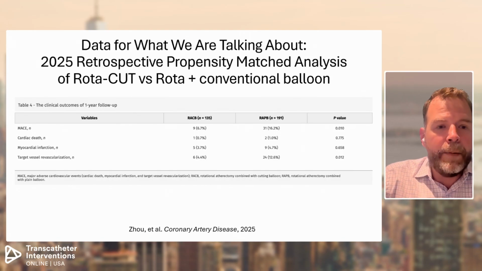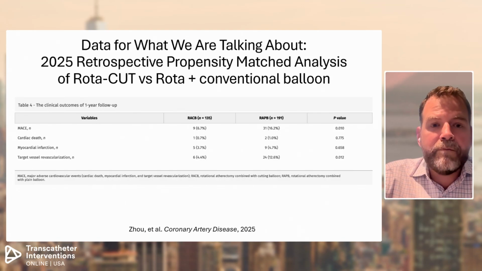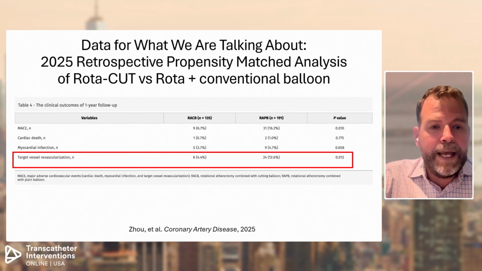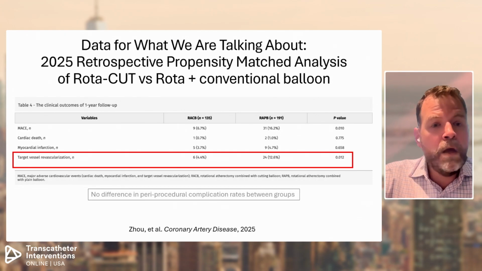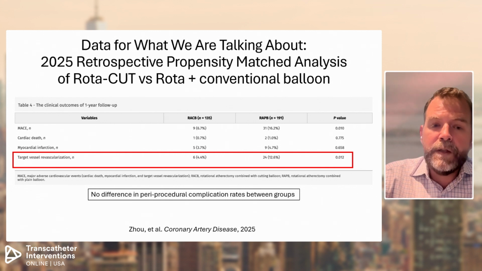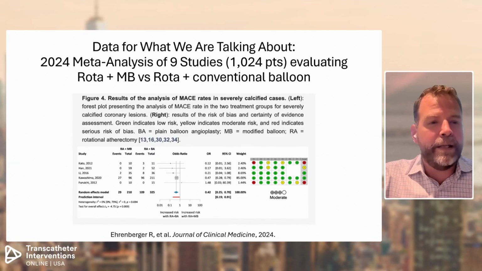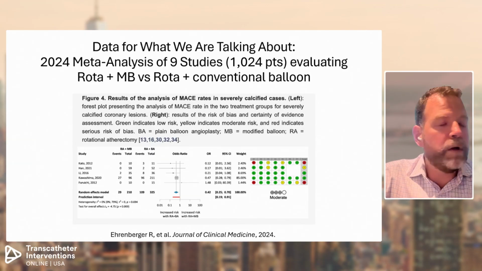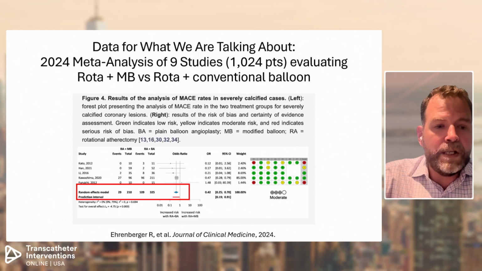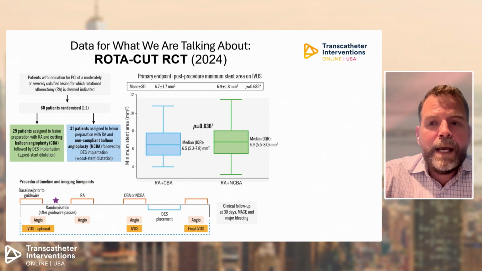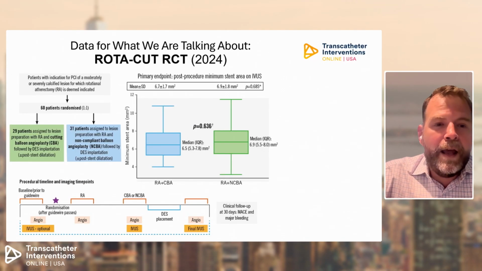So we have a second study, again following on the steps of that, showing a retrospective propensity matched analysis of rotacut versus, again, rota and conventional balloons. And again, we see a very similar signal of decreased rates of TVR. So again, this matches what we saw several years back. Very interesting. No difference in MACE rates between these groups. So then what we see is a meta-analysis. Again, this is all building towards something, right? This is all the data for the rotacut study we'll look at in a minute. And again, we do see that decrease in MACE, again primarily driven by target lesion revascularization. So these are all positive signals that one would look at and make the case for a large scale,